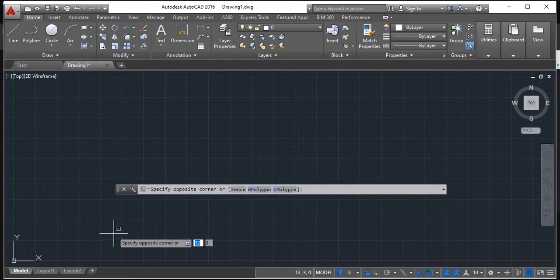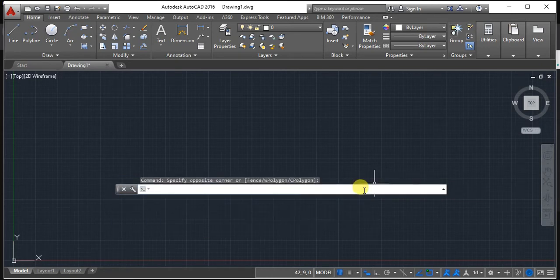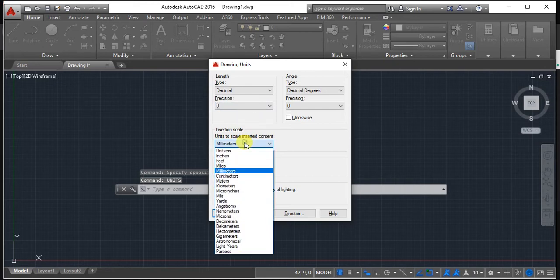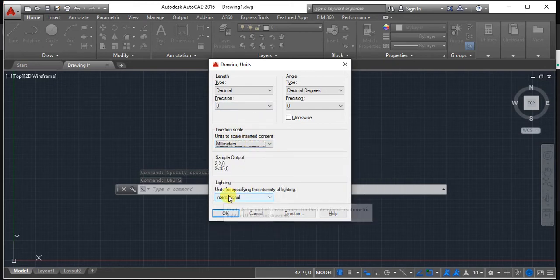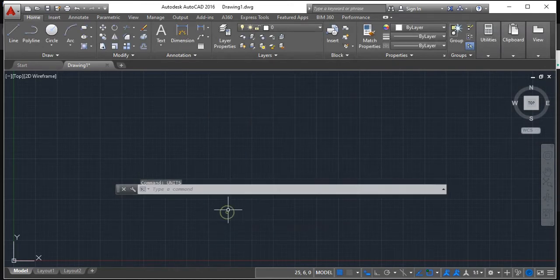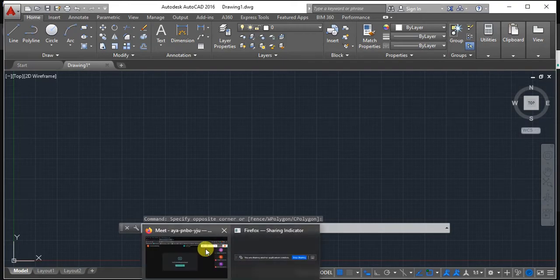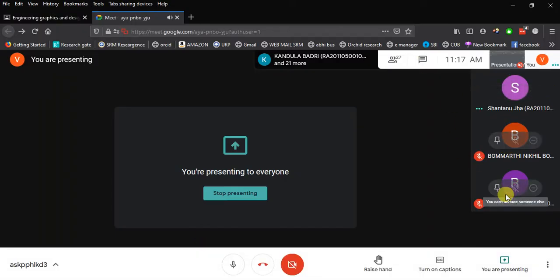Okay, sir, your command bar is not visible. Okay, units, then precision of 0, then millimeters. Then set the lighting units to international and click OK. Now it is visible, guys? No, sir, not to me, at least. For the rest of the people I hope it is visible. No, sir, not visible.